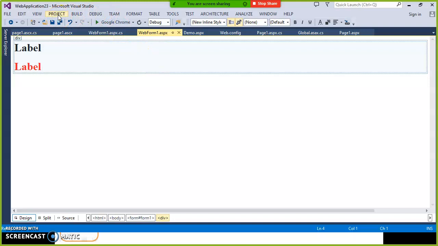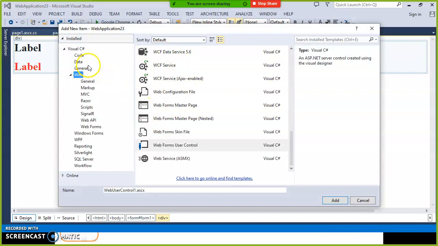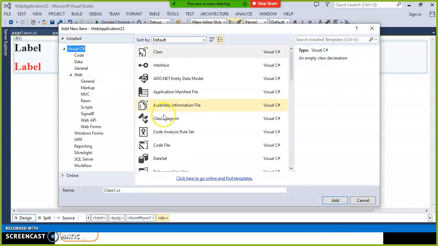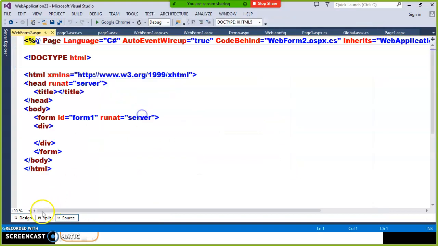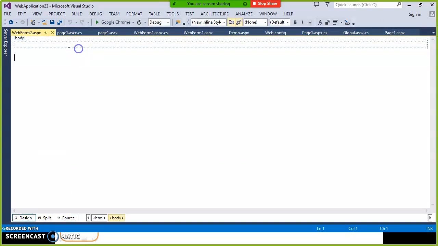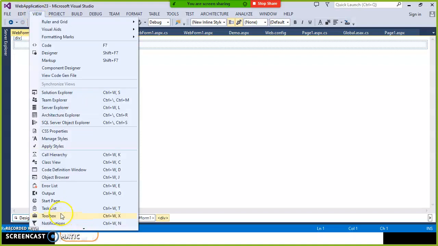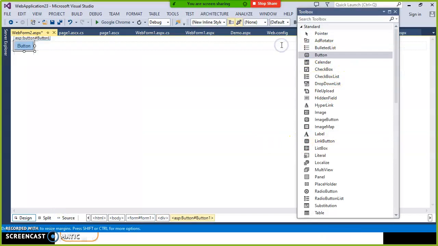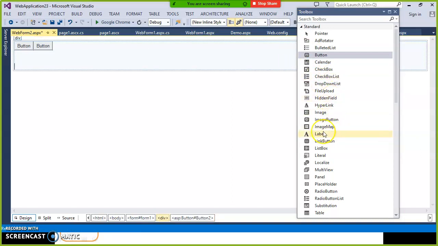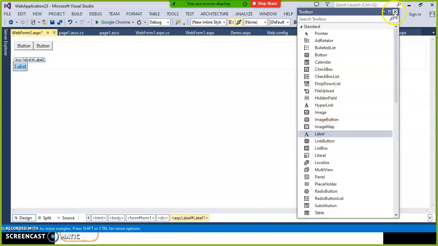Next, data caching. Data caching means the same as your regular view state, query string, session, and application that you are using. In a similar manner, you can use data caching also. Caching's main purpose is that it is a server-side state management technique which is used to maintain frequently used output in cache memory. This is data caching. It is very simple. Store the value and read the value like the others.